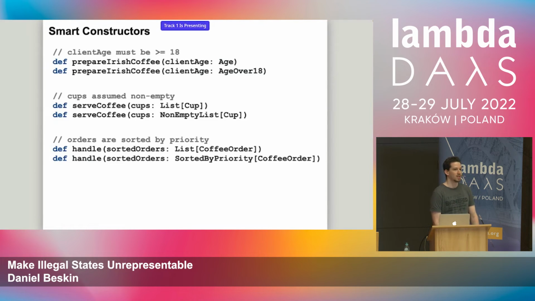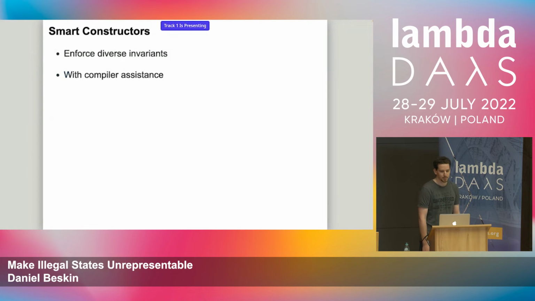And notice that we didn't make tasty ratio any smaller by creating the smart constructor, but we have an illusion that tasty ratio is now a smaller value that doesn't have illegal states, just because we made it impossible to create them. So we can program as if the state space really is now smaller and illegal states are unrepresentable. And again, it's very important to get the smart constructors right. It's a one-time effort, which is probably worth it because you just cover it in one place, and then all of your flows can rely on the fact that all the invariants you want are actually enforced.